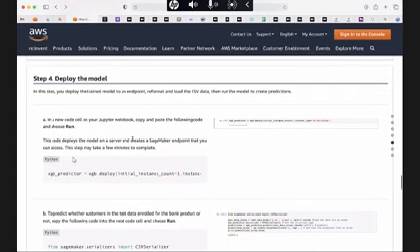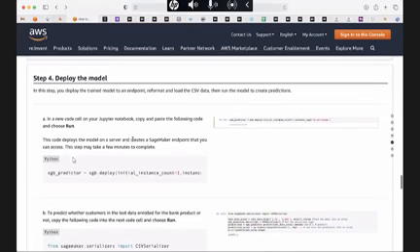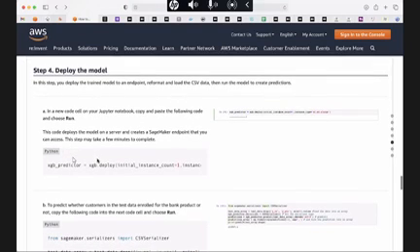And the final step is normally not done. We don't worry about this usually, but it's an important step if you want to give others access to your code. So it clearly distinguishes your model development and model deployment.